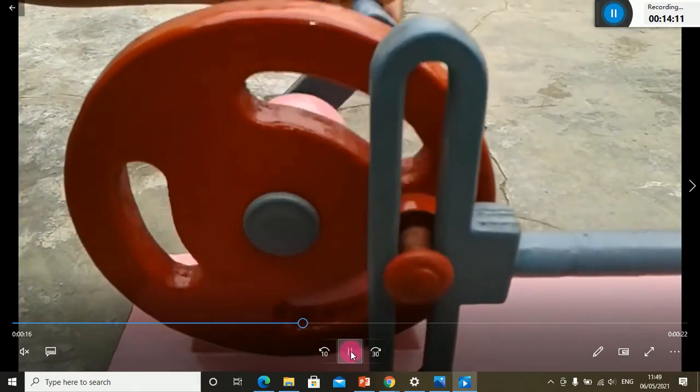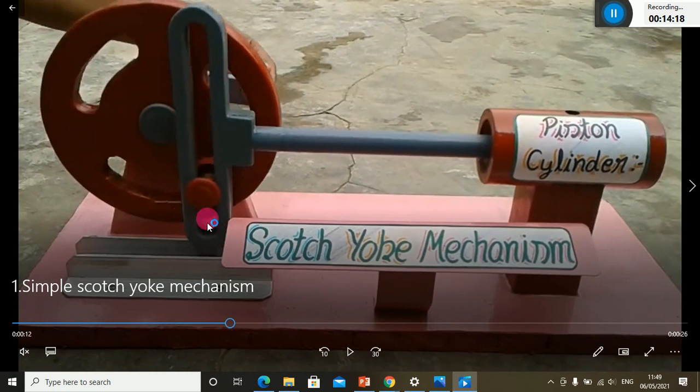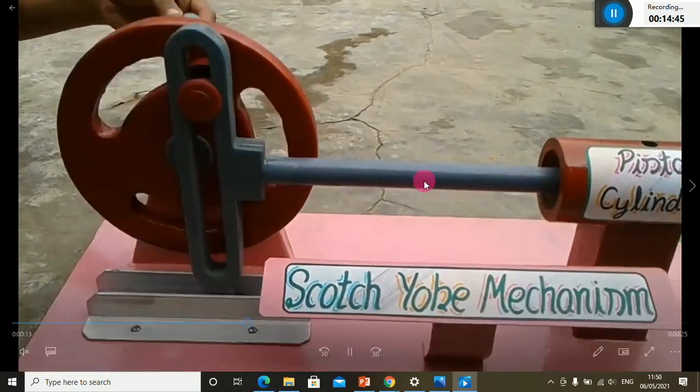You can see the red color disc, which is nothing but a crank, and you can see this red color dot. This is a slider which is going to slide up and down, and this bar which has a slot or a groove, this entire element is known as a slotted bar. Okay, the first element is this frame. Second one is the crank, third one is a slider, and the fourth one is this slotted bar. So this is the application of a Scotch yoke mechanism.